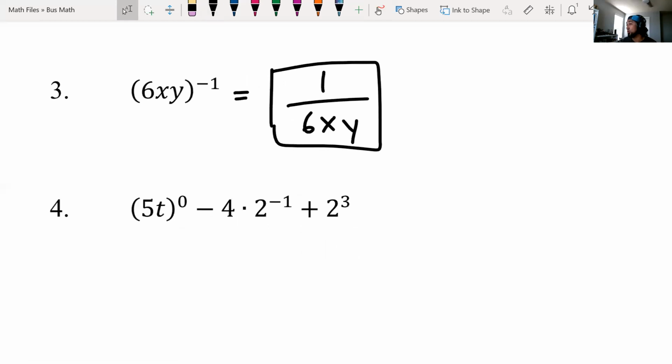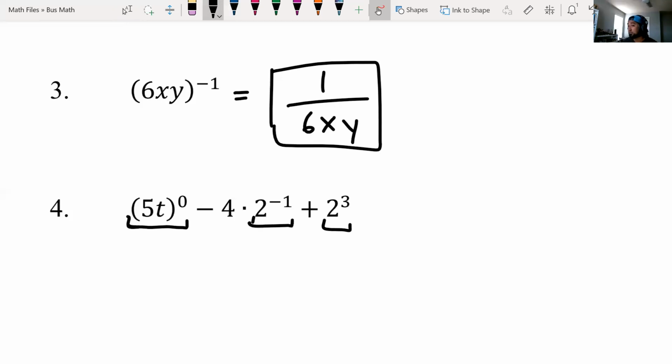4, we have multiple terms now. 5t to the 0th minus 4 times t, 2 to the negative 1 plus 2 cubed. So remember order of operations. It's always, what is it? PEMDAS, parentheses, and then exponents. So here we do have parentheses, but there's nothing to work inside the parentheses. So we're going to go straight to the exponents. So we'll take care of this term,